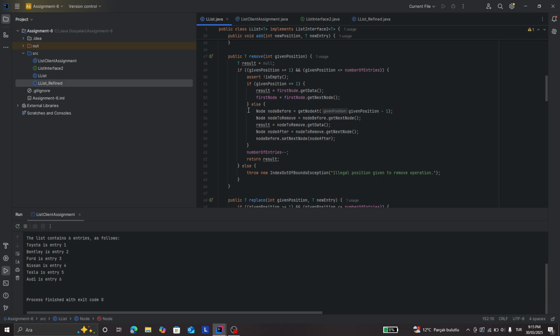And we have else, and nodeBefore, nodeToRemove, and nodeAfter,